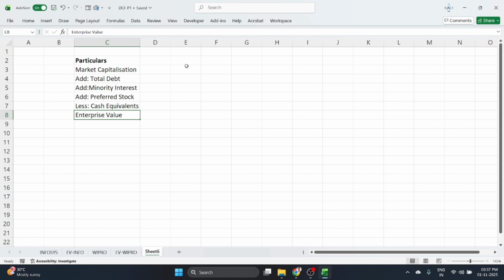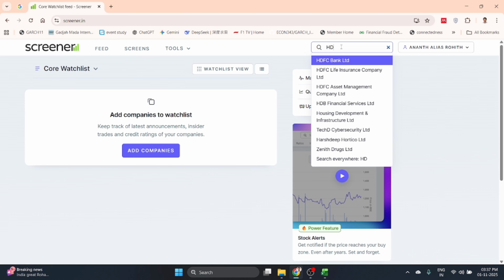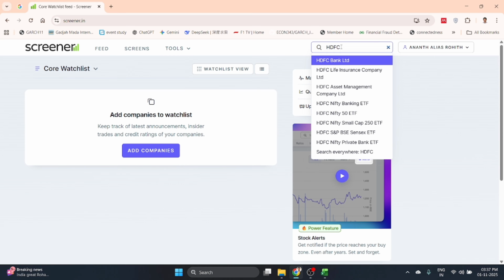So we'll see how to calculate enterprise value using the market capitalization method. These are the information required. Let's assume that we want to calculate the enterprise value of HDFC Bank Limited. I am on the Screener website, which provides extracted financial details of companies, so you can just copy paste to your Excel. I am searching here HDFC Bank Limited,